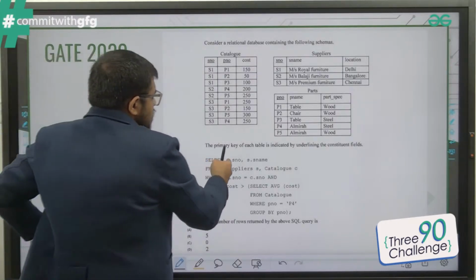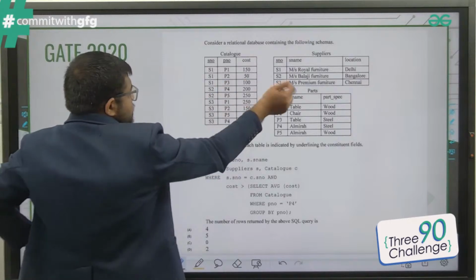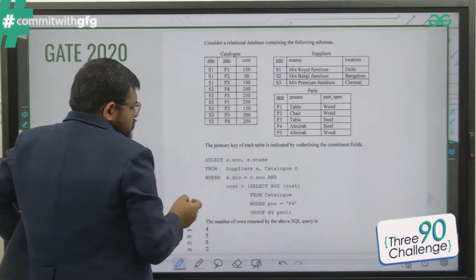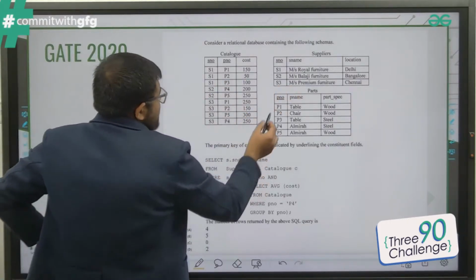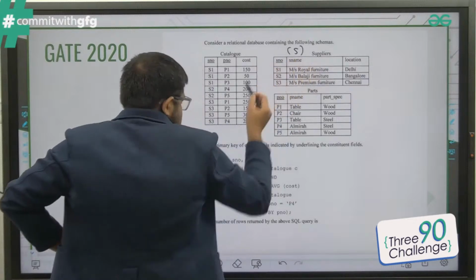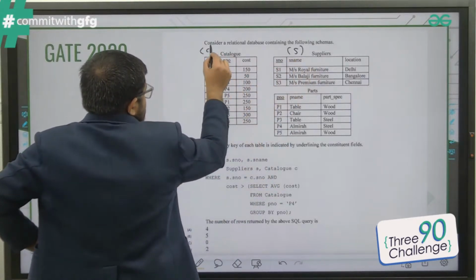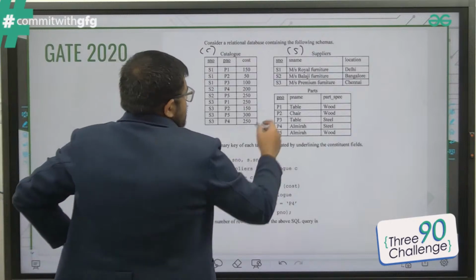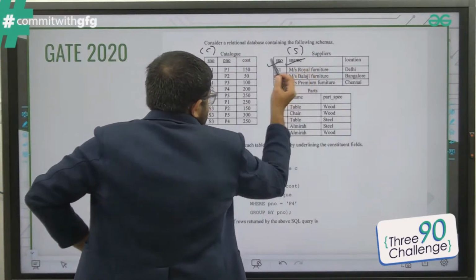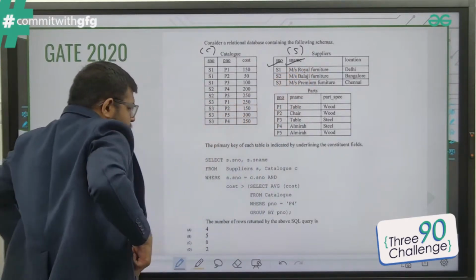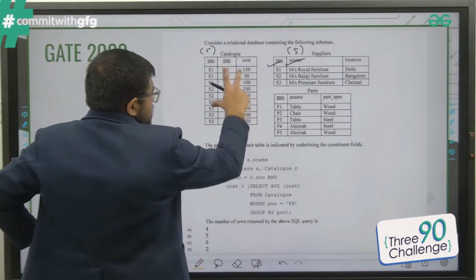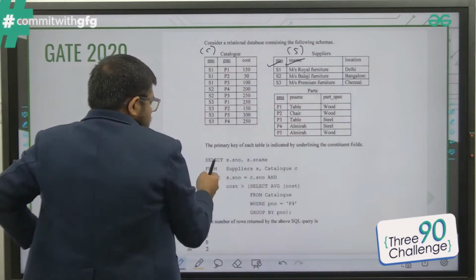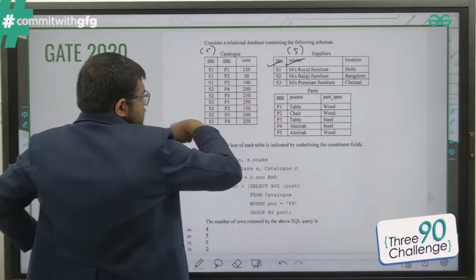Select S dot S number and S dot S name. Now, first of all, let's see how they have renamed: from suppliers S, so this they have renamed as S, and catalog C, so this they have renamed as C. So you select S dot S number and S dot S name from this. They have taken the cross product, and after taking the cross product, they are only taking